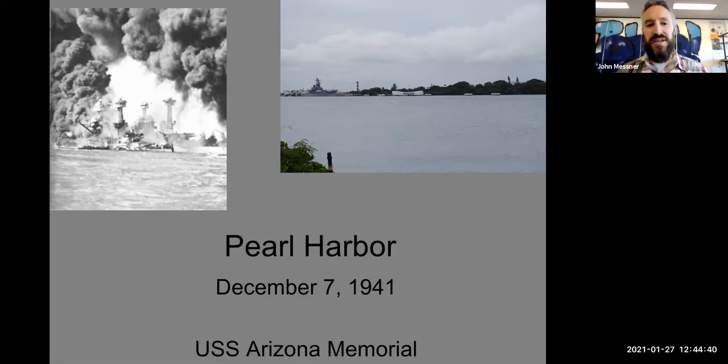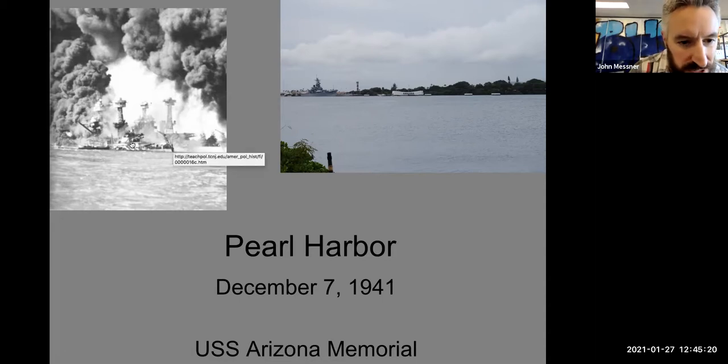One of our most popular and revered war memorial sites in the United States is what's called the USS Arizona Memorial. Behind my colleague taking this picture is the interpretive center, the historical center for Pearl Harbor. Then you get on a little ferry boat and go out to this white building. Maybe you've seen pictures of it before, but it's this white, upside-down canoe shape sitting on top of the bridge of a battleship that was destroyed in the attack on Pearl Harbor. That's the USS Arizona.